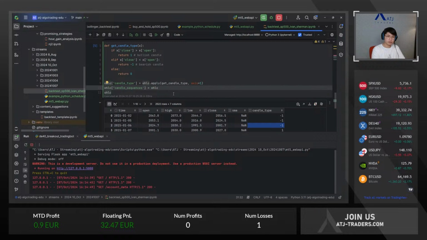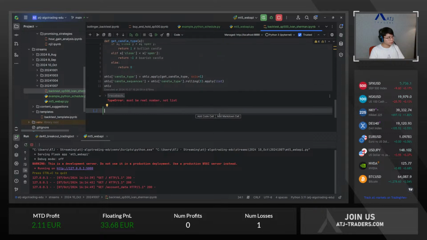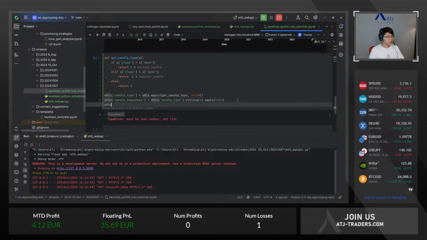I wonder if you can use rolling and list together now, but hopefully it should. OHLC candle type dot rolling 3. Okay, I hope that works. It does not anymore. Because then I could have saved this in the list as a rolling, but unfortunately it doesn't work that way